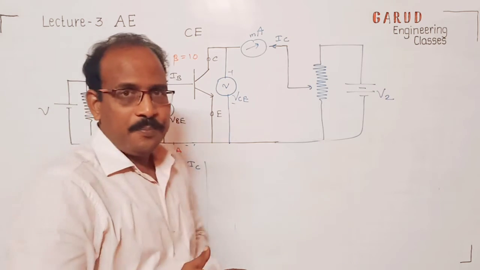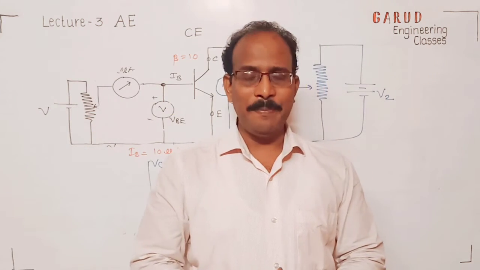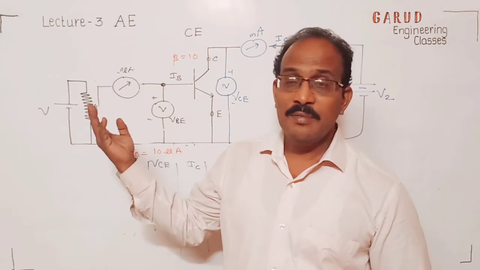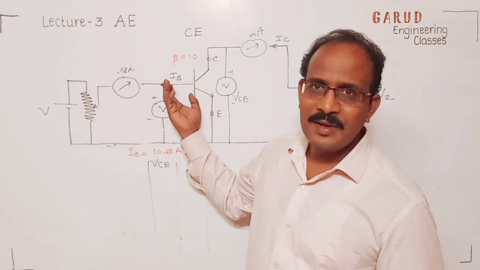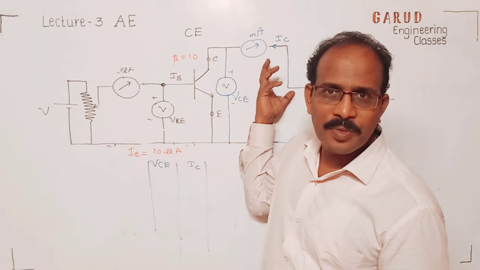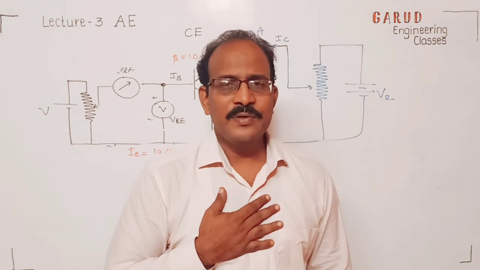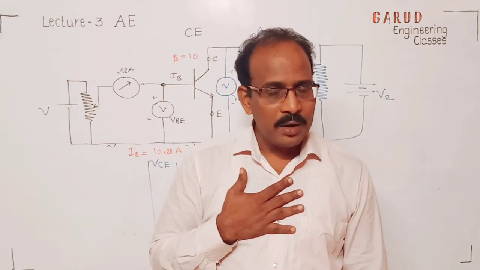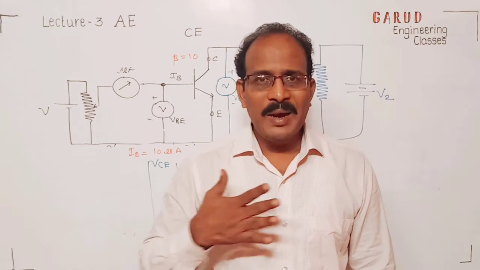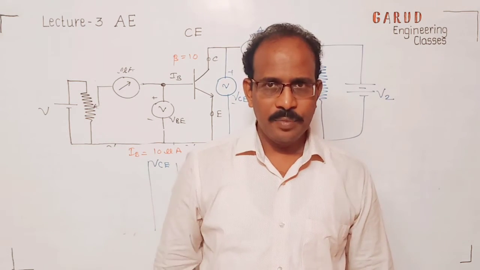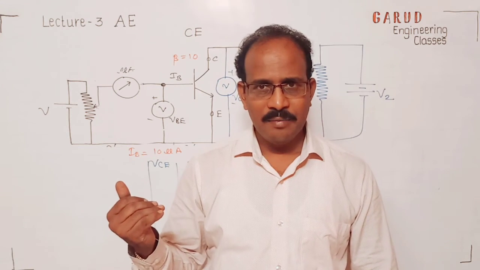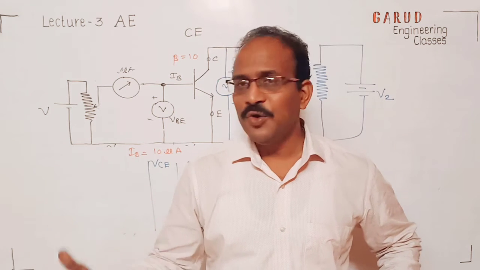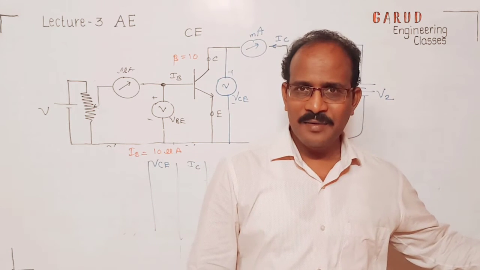Okay, now see, I tell you one example. From the input side, this is, I should say, demand. And this is, I should say, supply. Suppose somebody is demanding some money from me, and my multiplication factor is 10. Somebody is demanding 1, I have to supply 10. Somebody is demanding 2, I have to supply 20.